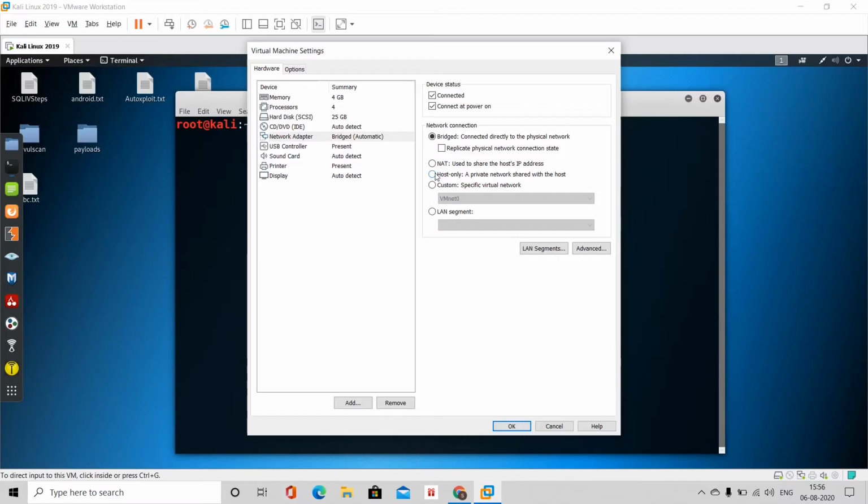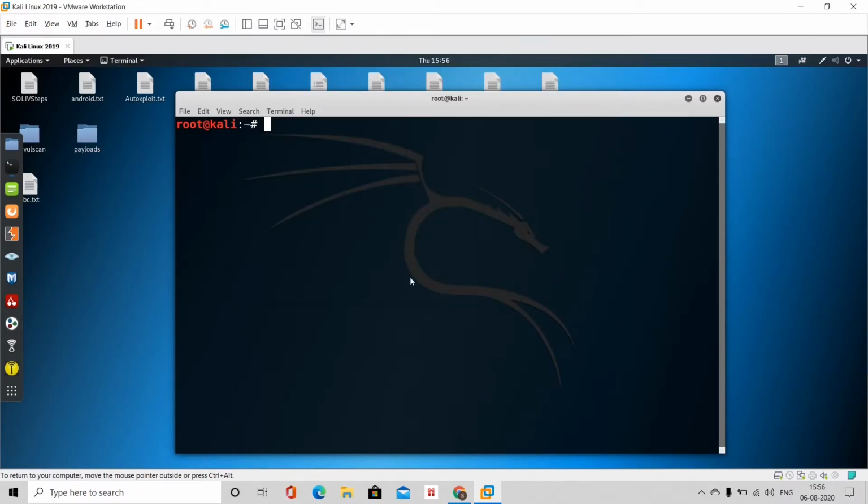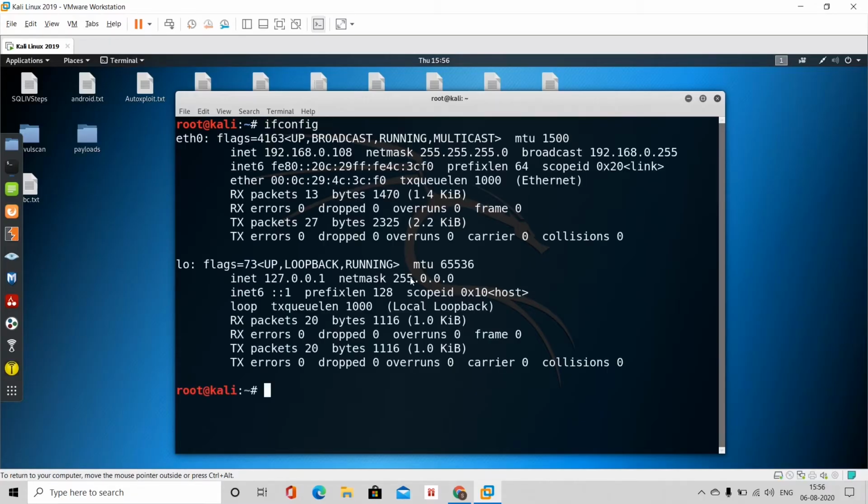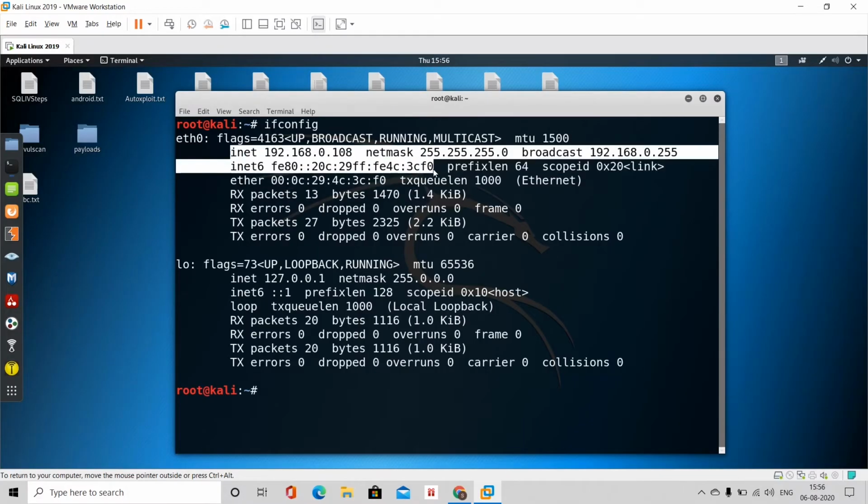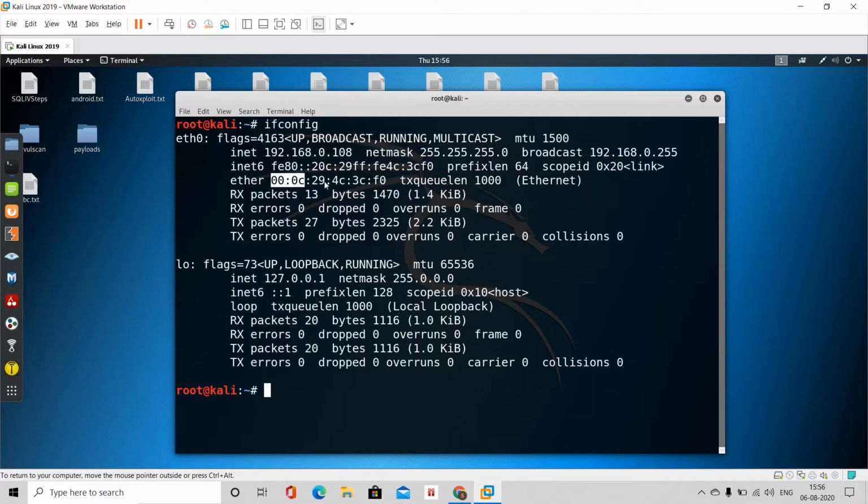Many times people face a problem where they are not able to get the IP address. What happens when they hit ifconfig? Over here they won't get an inet address. They might get an IPv6 version IP address, or sometimes both IP addresses are not allocated. These two lines are not there. They directly have a MAC address over there. But it indicates that they are not getting the IP address from the host computer adapter.